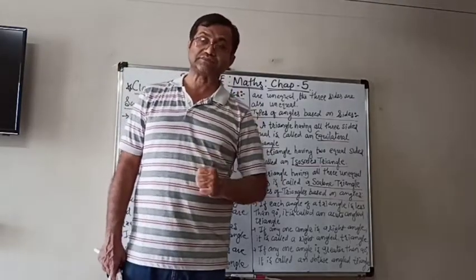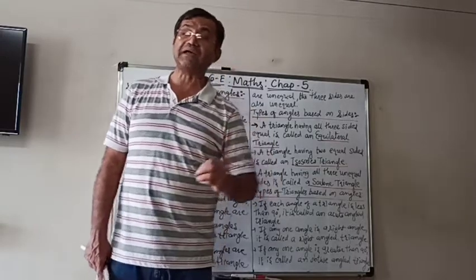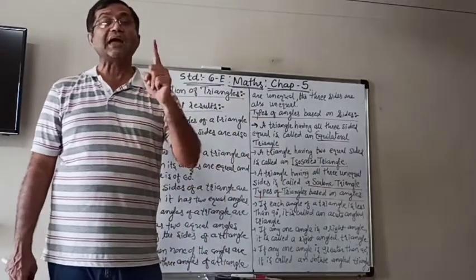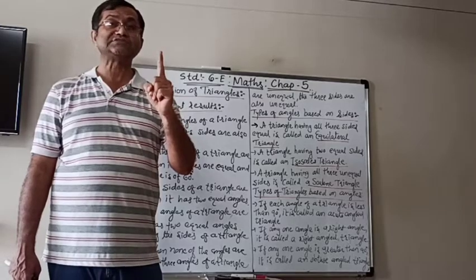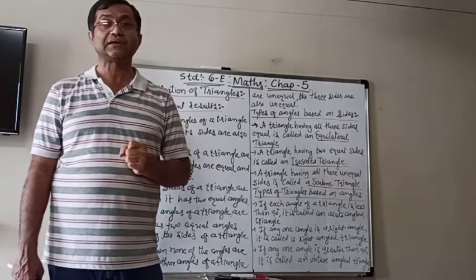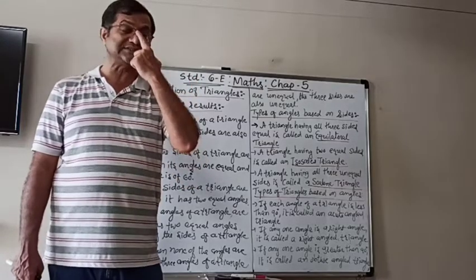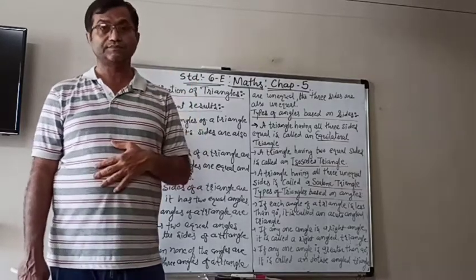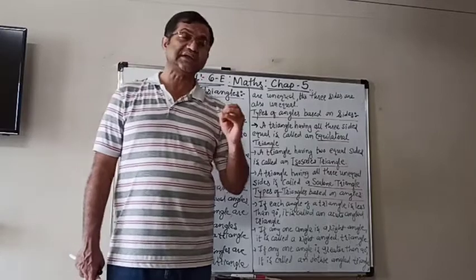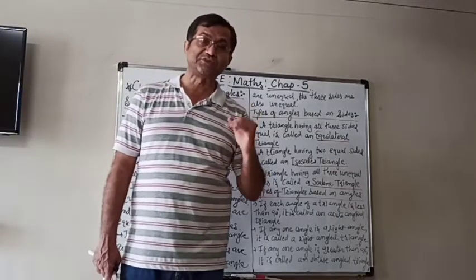And the last, a triangle in which any one angle is more than 90 degrees, greater than 90 degrees, meaning one of the angles is an obtuse angle, then that triangle is known as obtuse